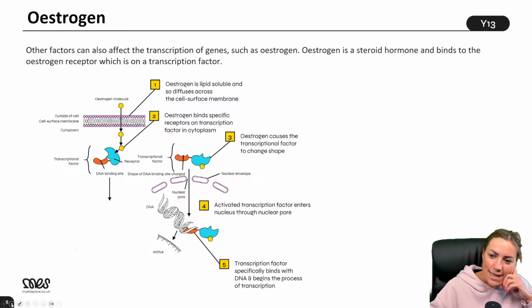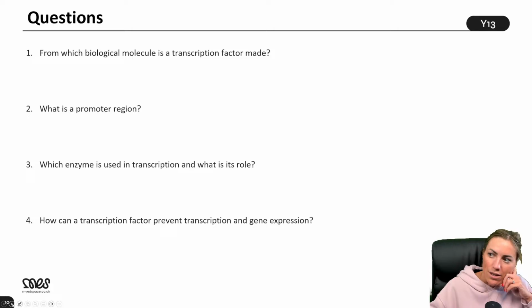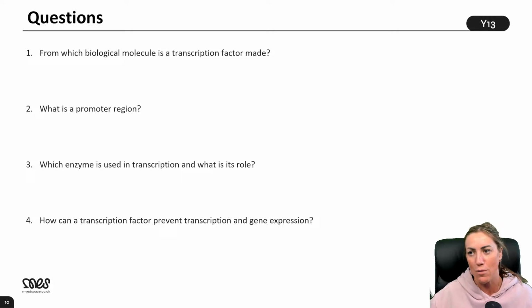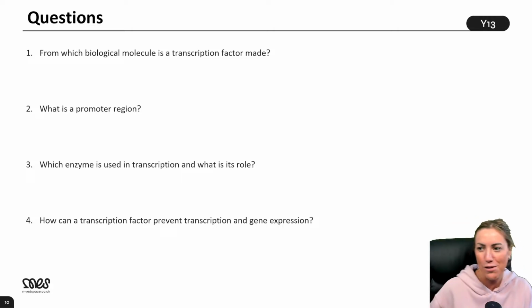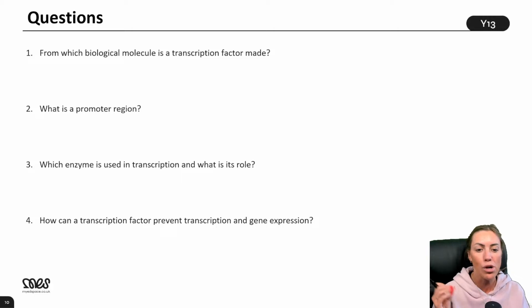I've clearly overplanned for today's lesson, and this stuff is really quite hard. So I'm quite conscious of time. I'm going to skip to some of the questions so we can just check what we've actually learned so far. I don't want to bombard you with too much difficult stuff. I don't want to scare you off year 13 biology. We want to love it, right? So let's skip ahead to these questions. If you put the question number in the chat and then give me your best answer, I'm going to hold fire on writing my answers until I see some of yours, and then we'll build up our answers together.